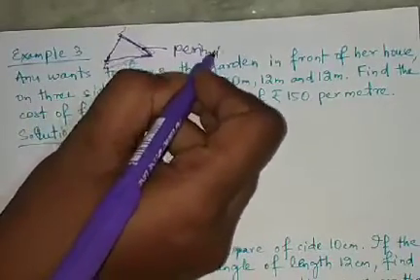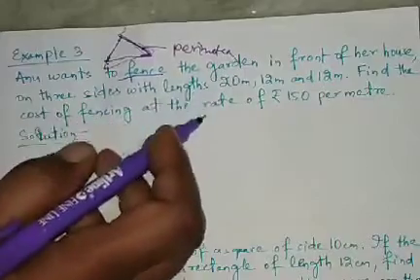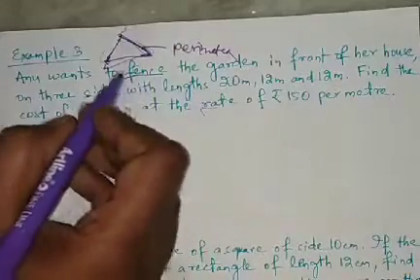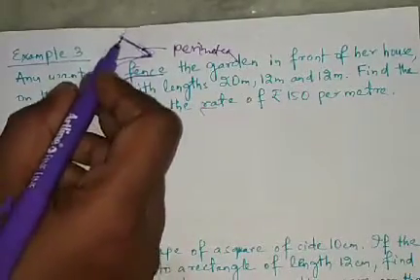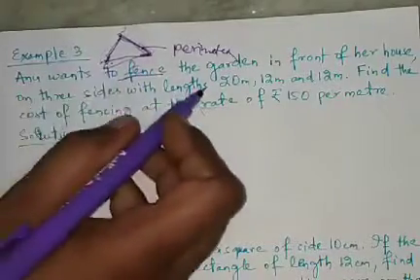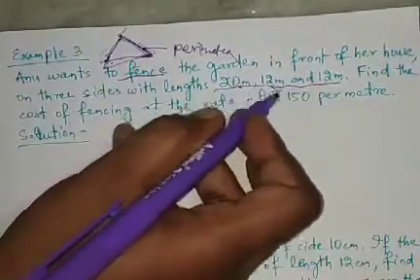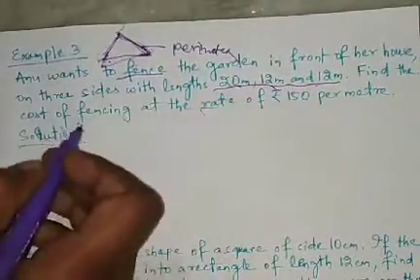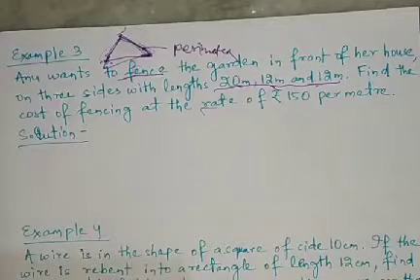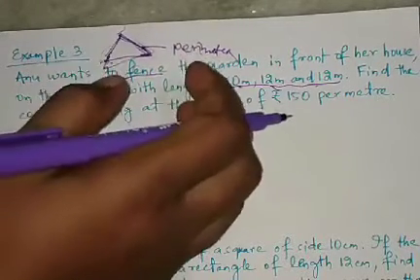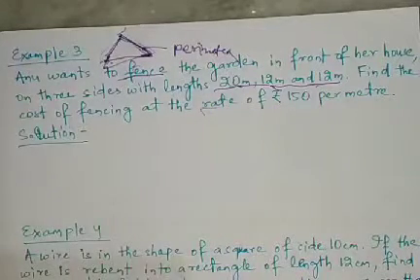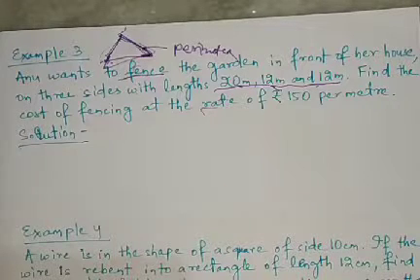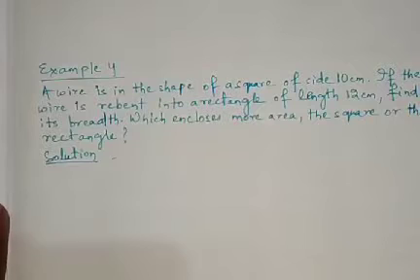Okay. So this is what you need? Perimeter. So what you will do? First you find out the perimeter. So perimeter of this triangle is how much? How will you find out the perimeter? You will add the sides. This side plus this side plus this side. Means you have to add the 3 sides. 20 meter plus 12 meter then 12 meter. Then after finding perimeter, what you will do? You will multiply the perimeter with the rate. That is rate is how much? 150 per meter. Okay. Like that you can find out this one by yourself. Next, look at example 4.